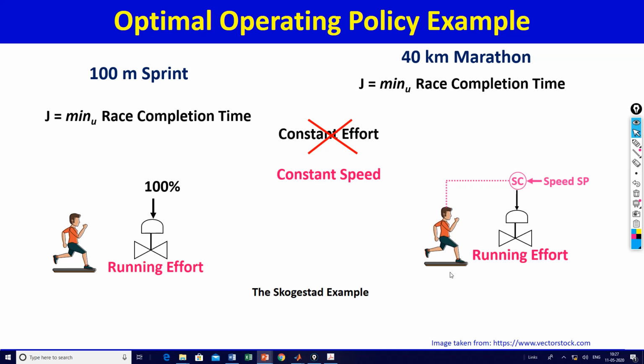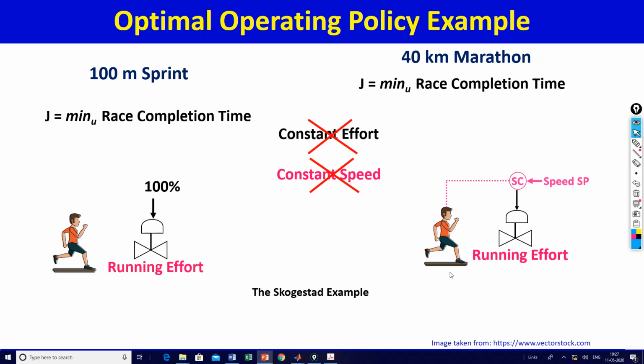We also know that this may not be the best idea, because every runner knows that if you're running uphill, you should reduce your speed, otherwise you'll get tired, you'll burn out of gas, your muscles will get overly tired, and then you can't run later. On the other hand, if you're running downhill and you keep maintaining the same speed, that will be stupid. You're running downhill, increase your speed. Let the downhill direction help you. Somebody is trying to help you, take that help. Do not refuse that help. So obviously constant speed is also not a great idea.